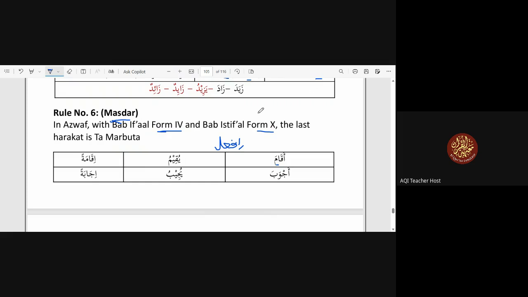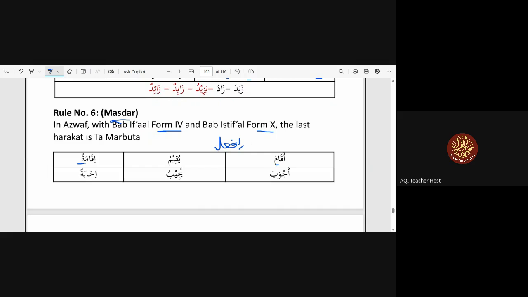Sorry for the interruption. So here, for form 4 and form 10 in Azwaf, the last harakat will get ta marbuta. Okay, so aqama, which is from qawama, and the masdar is iqamatun, so it gets ta marbuta at the end. Similarly for form 10 as well, which is istansara, so